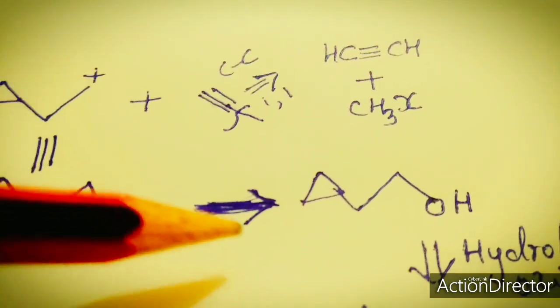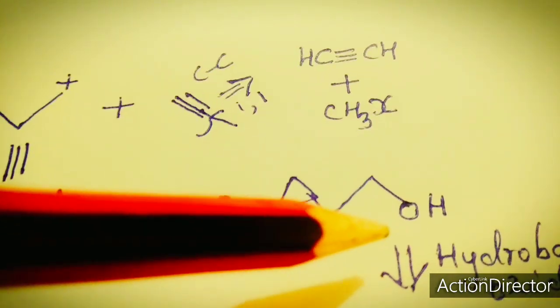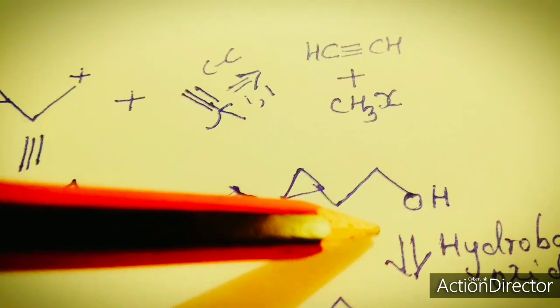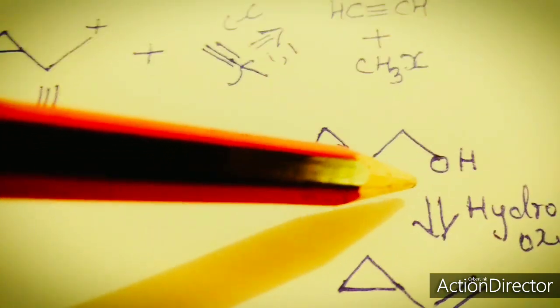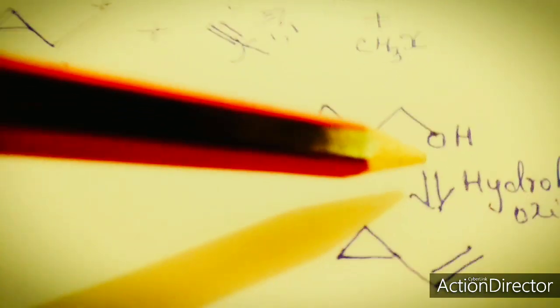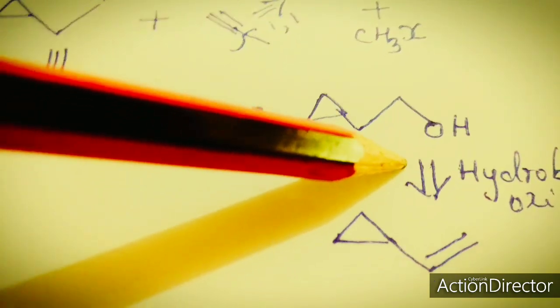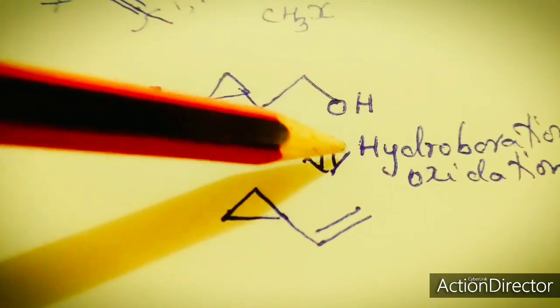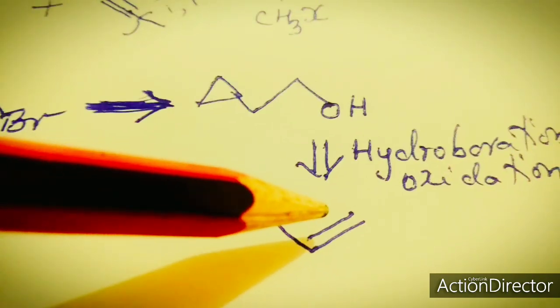Earlier I had drawn a double arrow, it will be a single arrow only, because we know that Br can easily be derived from an alcohol. So hence we've written this OH over here, because OH will easily disconnect. To simplify this further, we can see if we can simplify to the lowest level. So how can we get this? We can get this alcohol, this is a primary alcohol, by hydroboration oxidation of a double bond. That is, elimination will lead to a double bond. OH from here, H from here. So this double bond is formed.